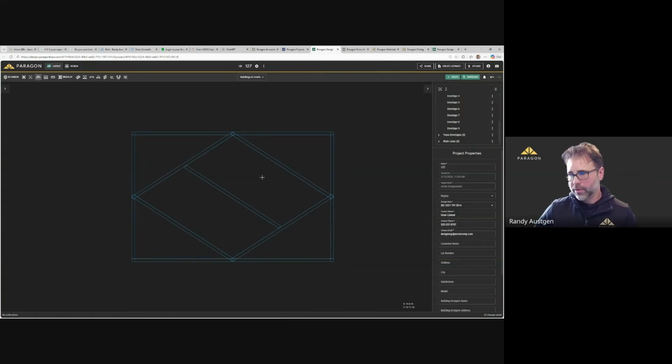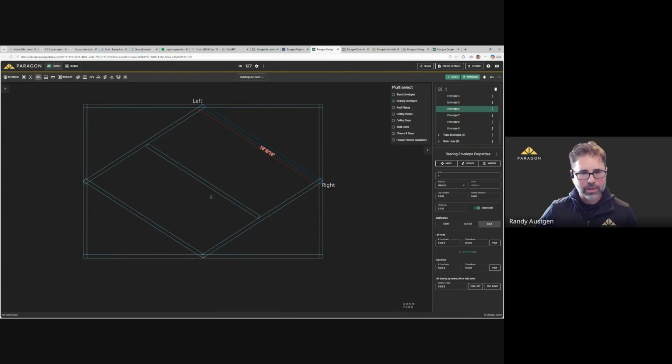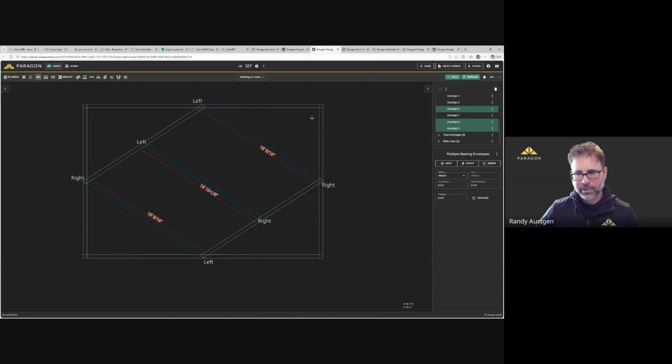The next one here is the bearing display options. So this is one that's relatively new, we've got some changes here. And in order to show that, what I'm going to do here is I'm just going to grab these walls. You see when we multi-select, I've got options here, and I'm going to make those non-structural.